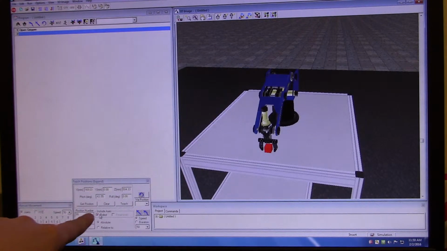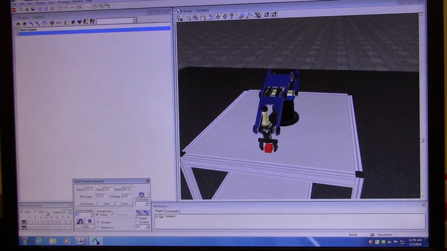So then down here, I'm going to type in 1. It used to say 99, now it says 1. I'm going to record the position, so now position 1 exists in its memory. I'm going to get position because, again, for this one, I want it to remember where it is currently. And then I'm going to teach it that position so that it has that as a stored position. Position 1 is existing, that's how I record it. Got the position, so that is where it currently is located, and then I taught it that location, so now